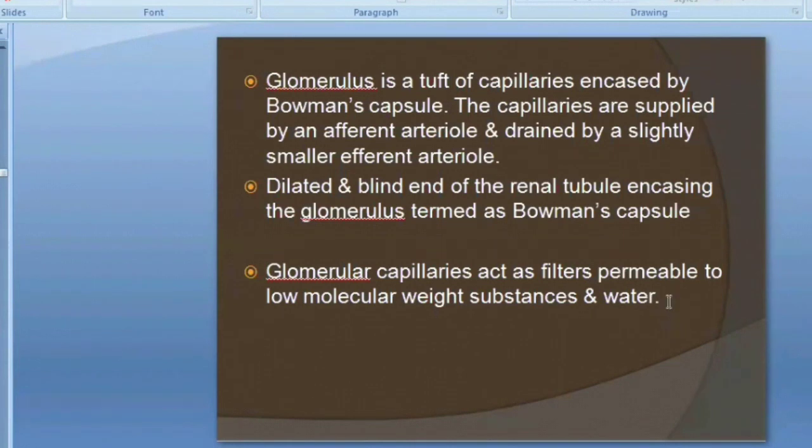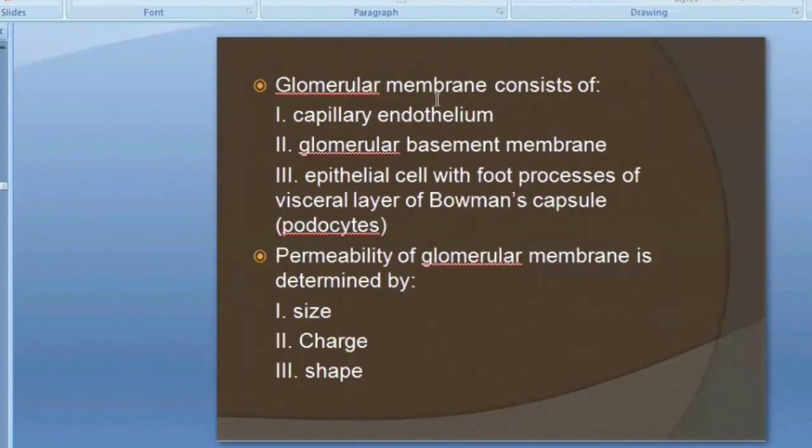Next, these are the basics. The glomerular membrane, you should know about it. The glomerular membrane consists of the following parts: capillary endothelium, then glomerular basement membrane, then epithelial cells with foot processes of the visceral layer of Bowman's capsule, the podocytes. Okay, so the glomerular membrane consists of